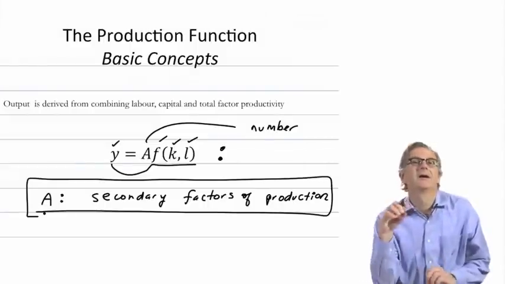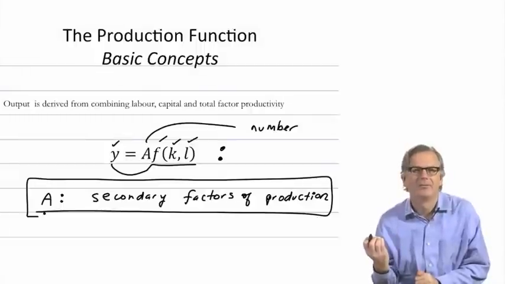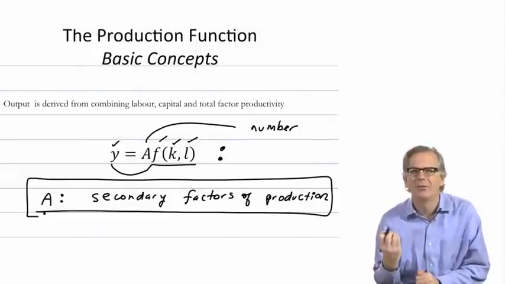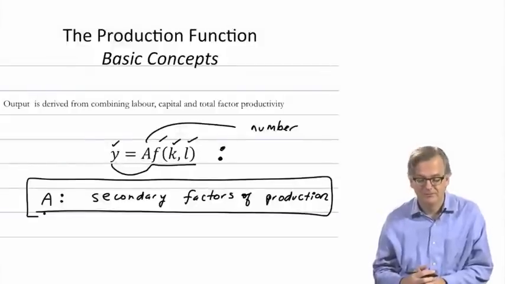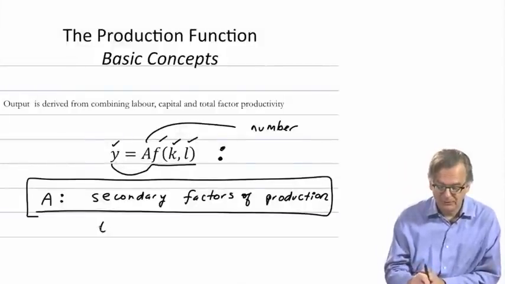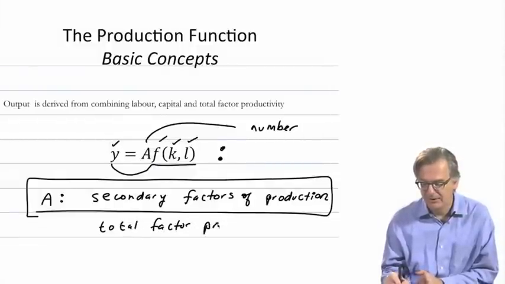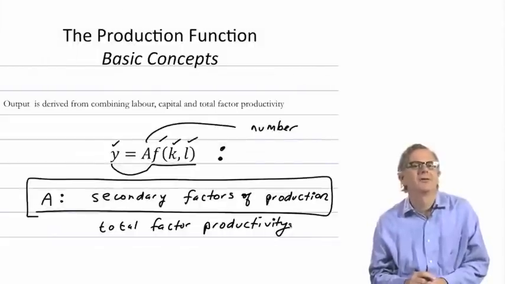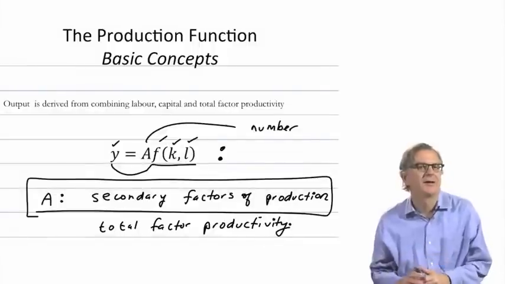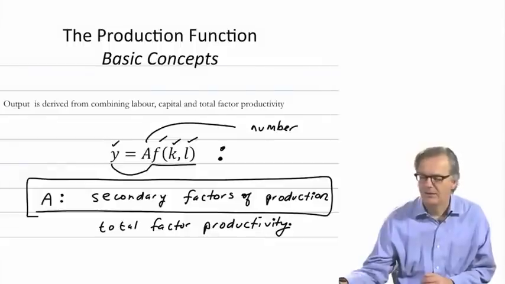What this means is that you may have two firms, or indeed two economies, that have equivalent amounts of capital and labour, but their ability to produce output may still be different if the secondary factors of production differ. Total factor productivity is another term for these secondary factors. If total factor productivity differs, then the same amounts of capital and labour can yield different amounts of output. And if we go to this